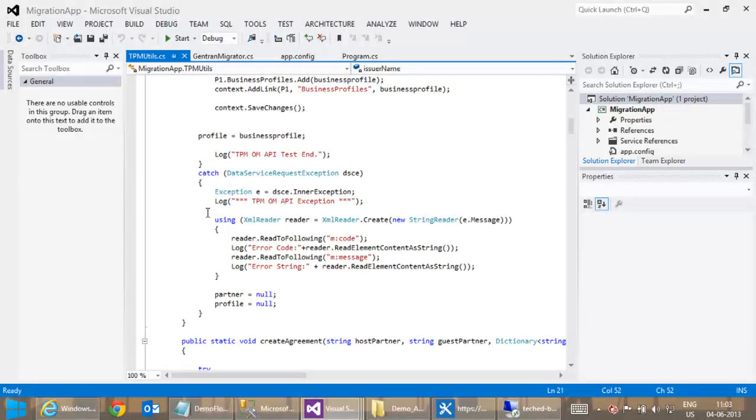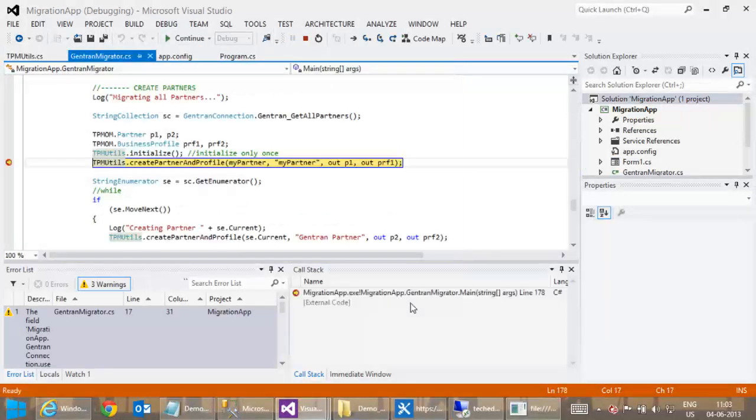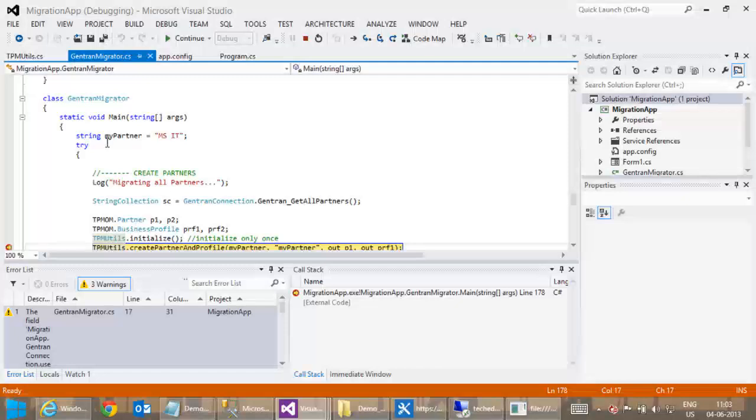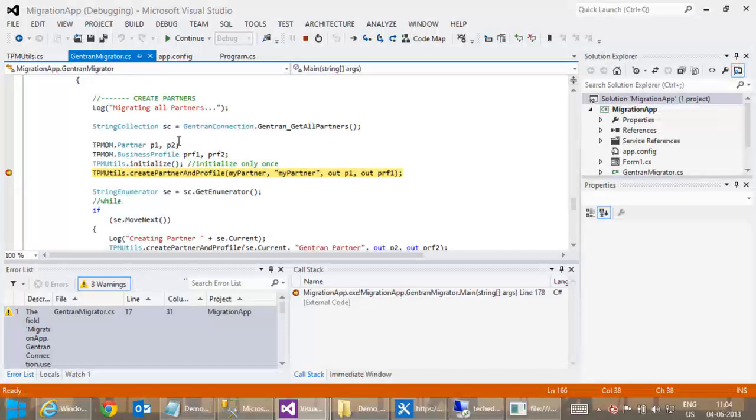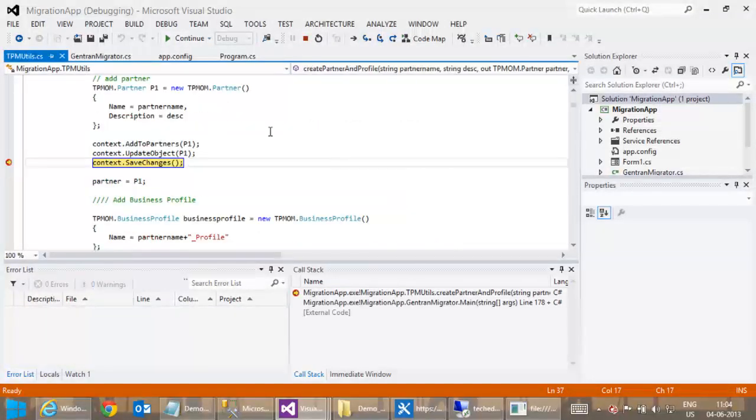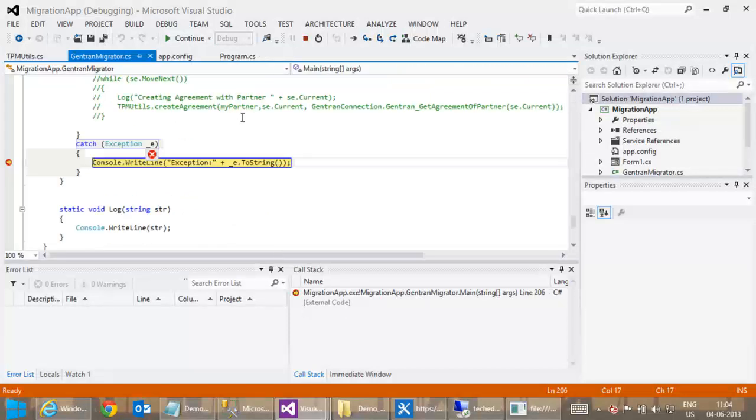It's not a fancy UI. It's a simple console app that we rigged. There you go. It's going to migrate all the partners. I'm just going to hit continue. It's going to create a partner and profile. The partner in this case is MSIT. You can see that MSIT is the partner that I'm creating. So let me step off this and hit continue. Once the partner has been created,